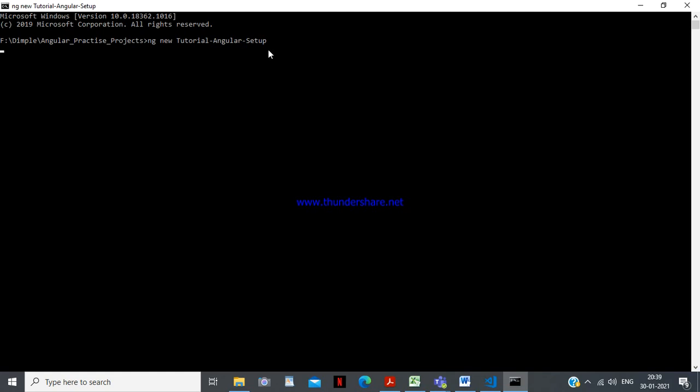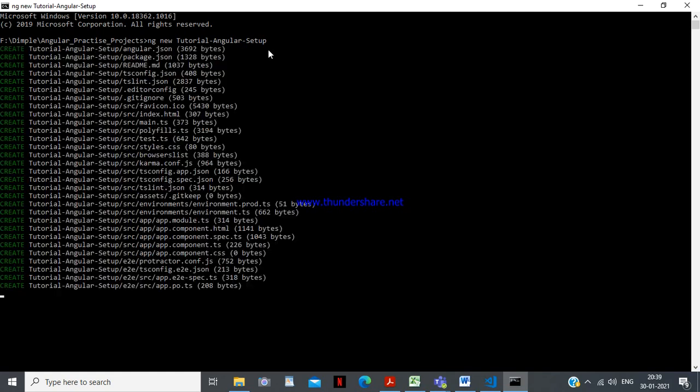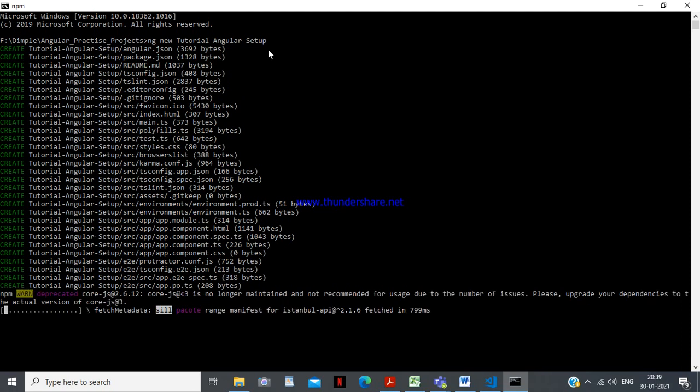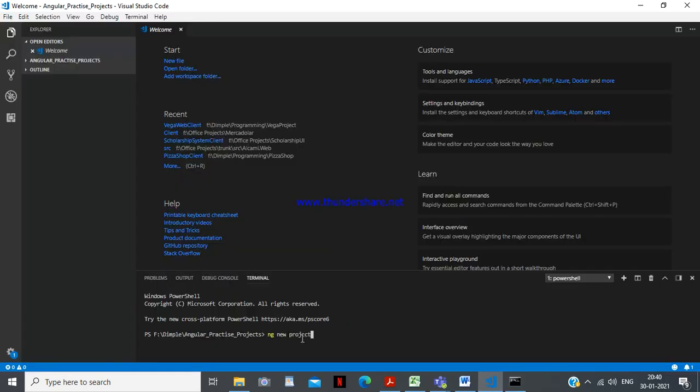So it will take some time. It will basically create some default files, and it will install the dependencies in your project. Here also you can write and launch that command.